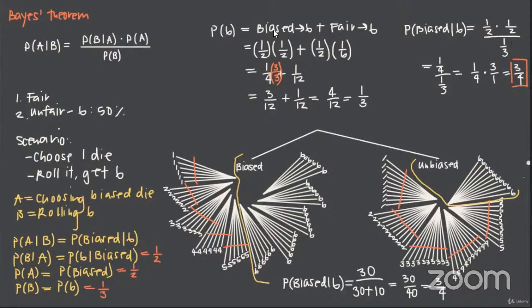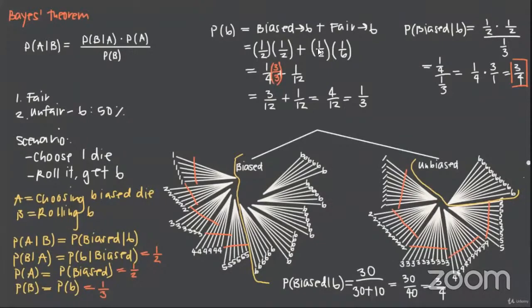Now, in the biased dice, we have a 50% probability, therefore 1 by 2. In an unbiased or a fair dice, we have probability of getting 6 as 1 by 6. Therefore, I have 1 by 2 and 1 by 6. What I do is I multiply both the sides with 1 by 2,